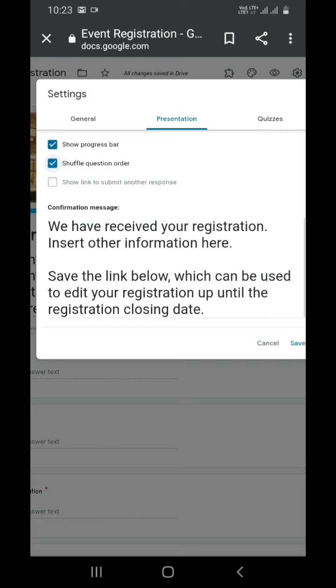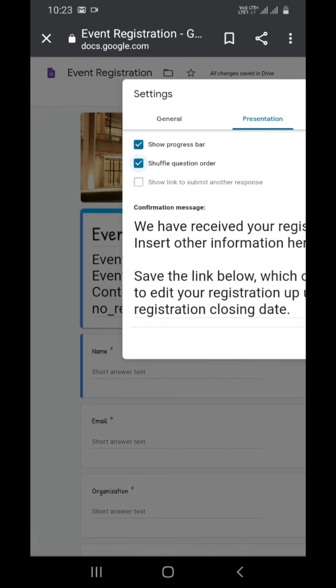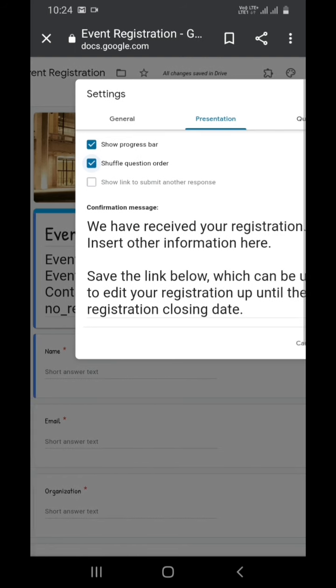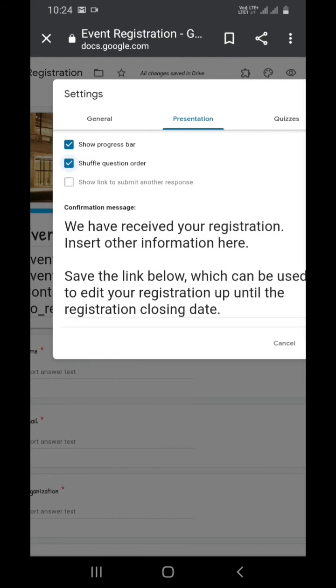For example, my question number 1 is name followed by email. It may be shuffled so that the first thing is email and the second thing is name for other responses. So the question order will be shuffled for each respondent. And the third thing is show a link to submit another response. If the same respondent wants to submit another response, then I can click on this show link to submit another response.